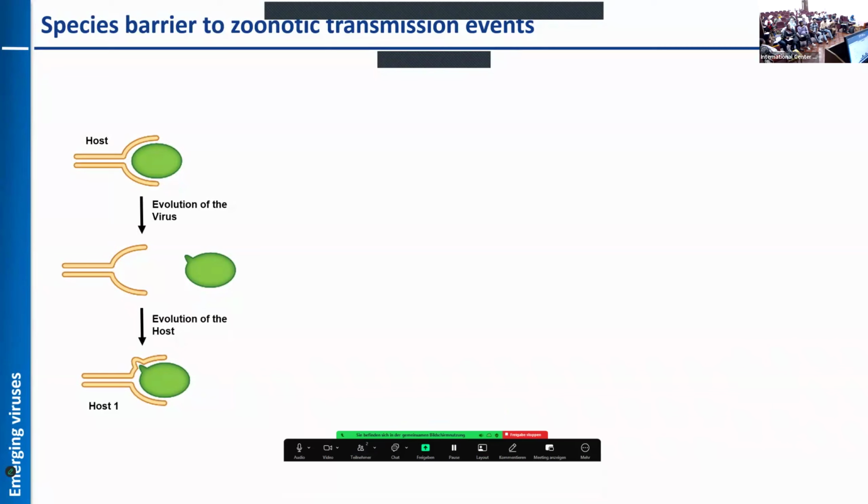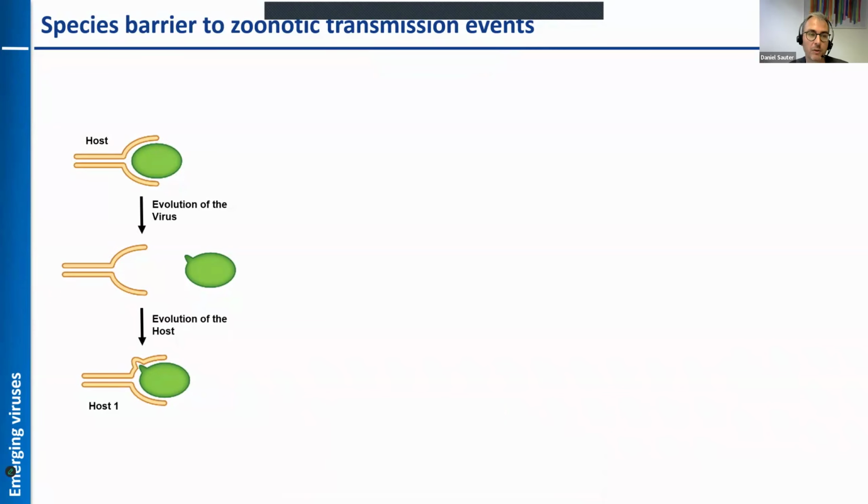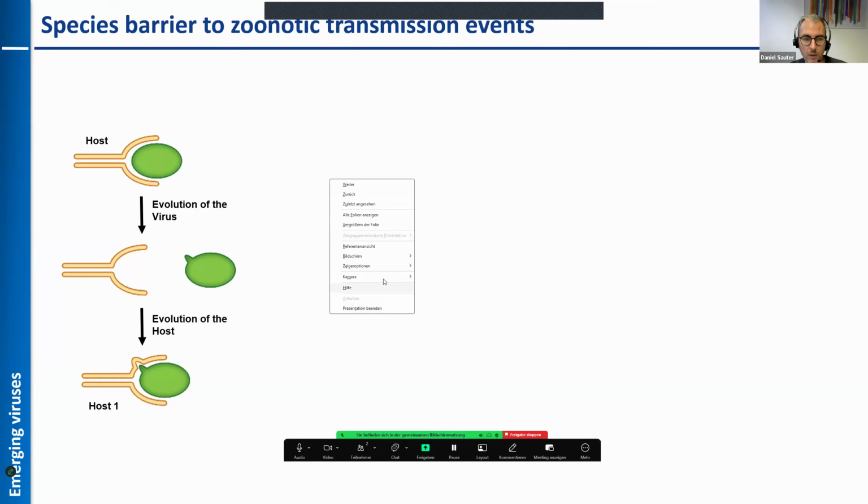Okay, good. So one important thing that you have to keep in mind is the species barrier when it comes to zoonotic transmission. That means we are not susceptible to all animal viruses because our immune system, our organism, of course, differs from an animal organism. And because of the coevolution of viruses with their hosts, there are certain so-called species barriers. And that's actually indicated here on the left. So the host is just indicated by this yellow antibody-like thing, and the virus by this green